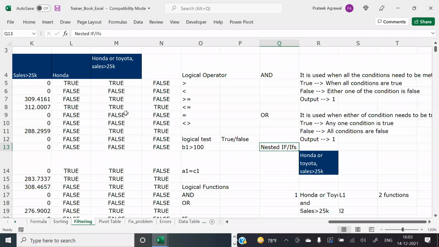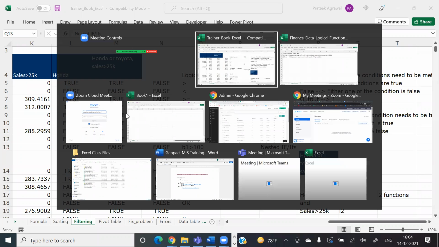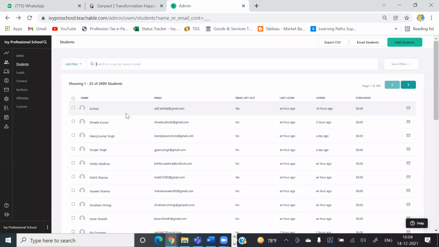Okay, Ishani. Save this file also. So Ishani, we have already logged in. So when can we expect our access? Vikas, I think some of you have already been given the access, but if you created your account about half an hour back, not yet. Most of you have been given it.